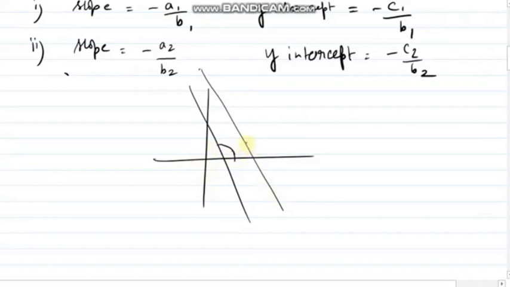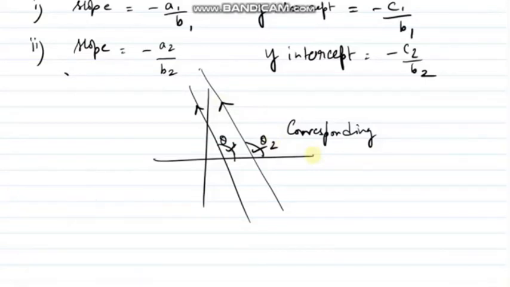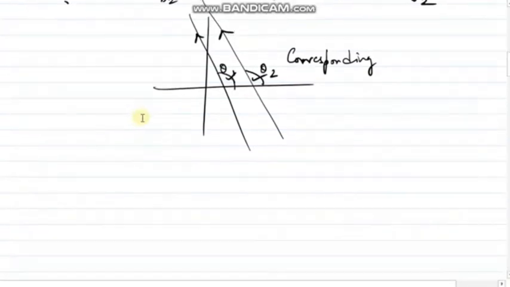So do you agree slopes are equal means these two angles will be equal? So slopes are equal means these two angles are equal, and what type of angle are these two? They are corresponding angles. So when these corresponding angles are equal, what can we say? That lines are parallel. And we know that parallel lines will not meet if I extend them infinitely. So that means these two lines will not meet and we will not get any solution of this line, right? As the lines are parallel.